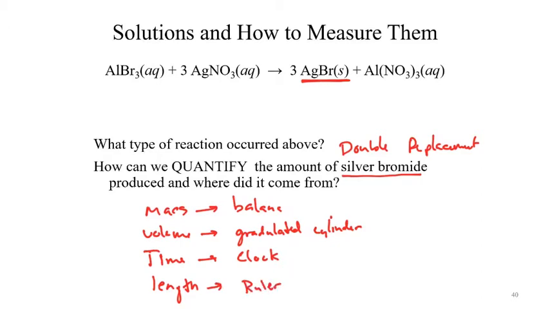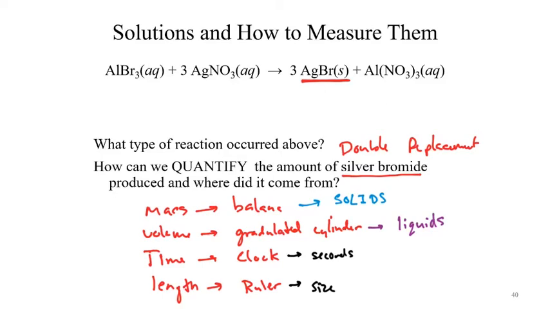Okay, well, when do we use each of those things? Well, a balance is useful for when measuring solids. Okay, it can still measure other things, but the solids tends to be the easiest. Volume is great for liquids. Okay, a clock is time, so we're not really measuring solids, liquids, or gases. And a ruler is measuring the length or size of something. So again, that doesn't make sense for our individual phases either. Okay, so those don't work to measure our phases. They would measure changes in our phases, okay, be it their size or